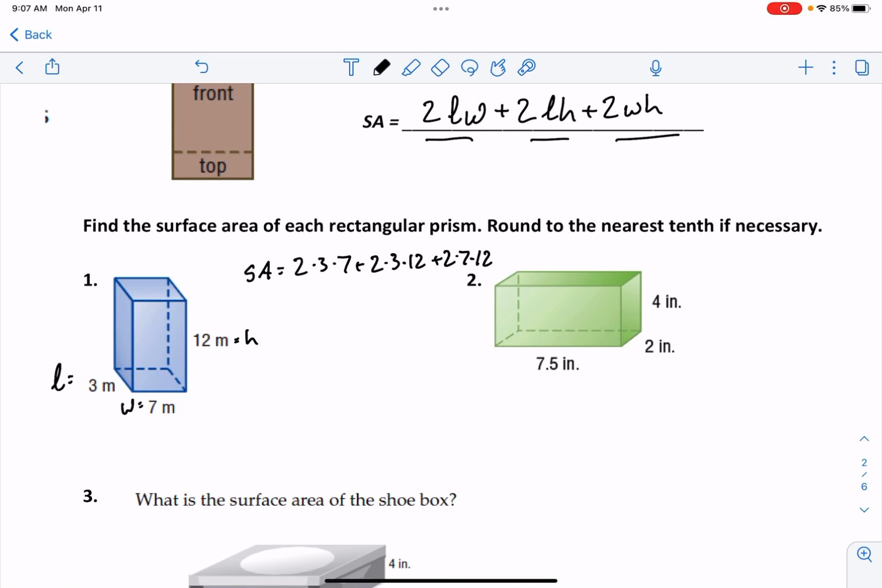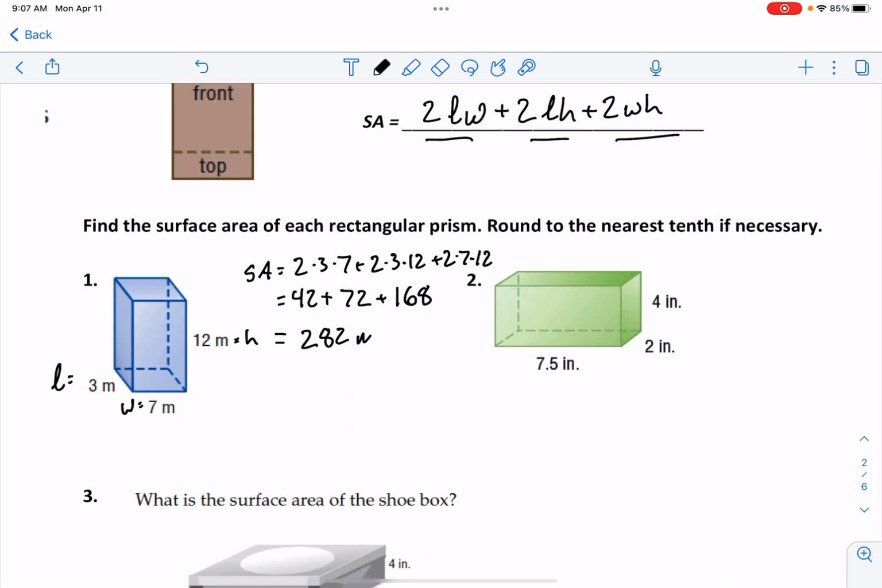So 2 times 3 times 7 is going to give us 42 for that first section, plus 2 times 3 times 12 will give us 72, plus 2 times 7 times 12 will give us 168. Add all those together, so 168 plus 72 plus 42 is going to give us